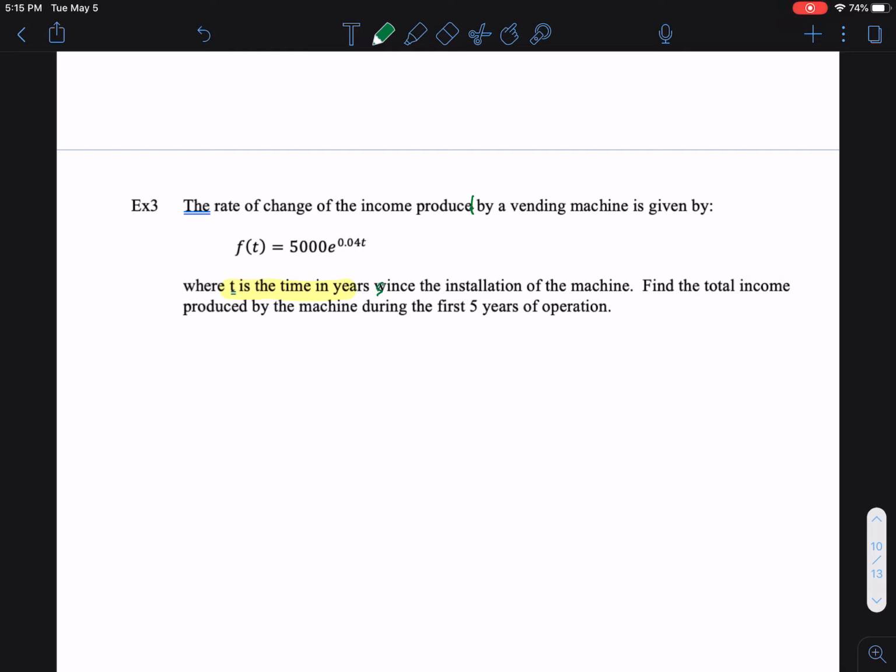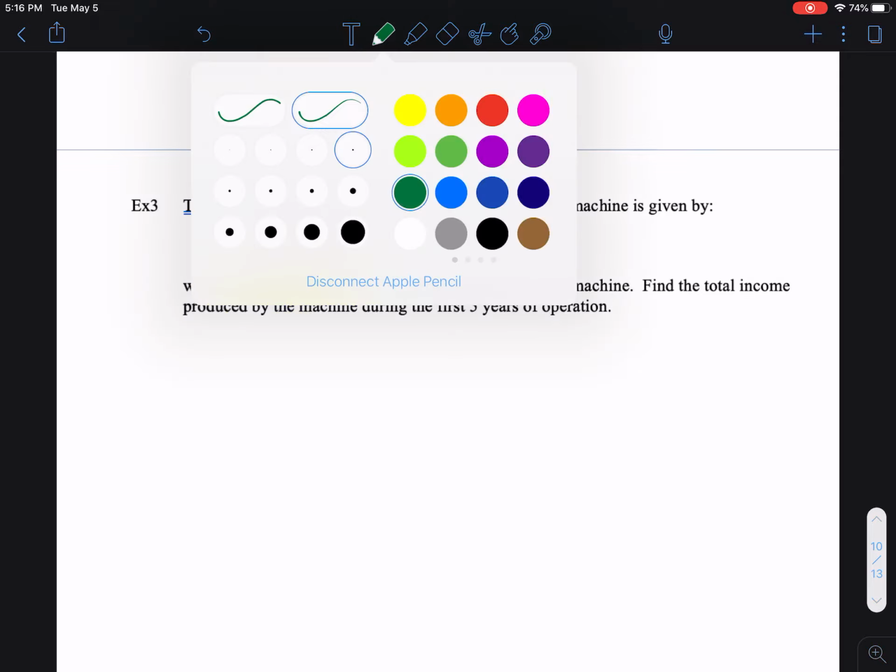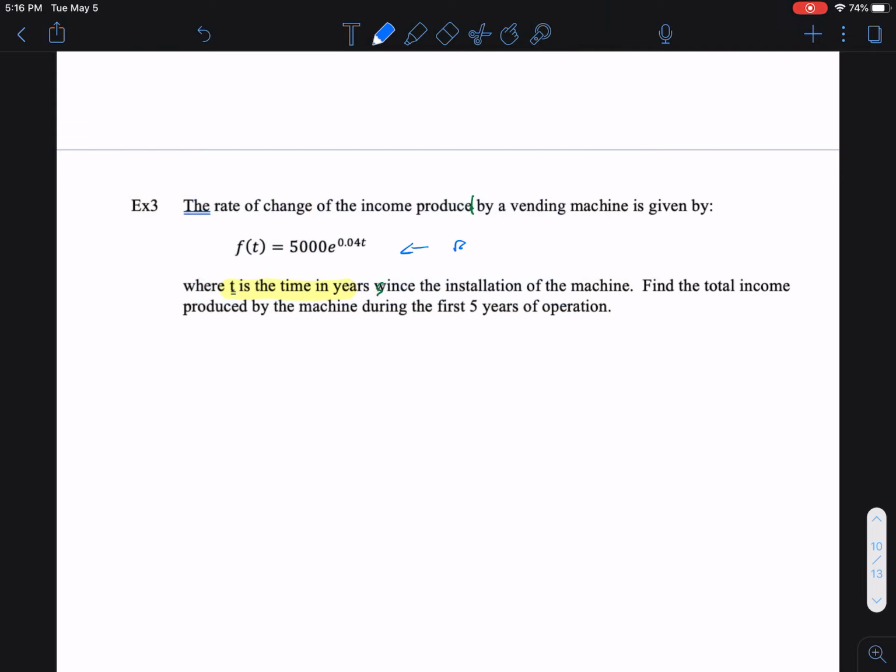That could just be based on the inventory count, or the amount of money that we count at the end of each year, and just estimate the rate from there. That can easily be done. So we have the rate of change function, and that's called f of t. So this is the flow. This is the rate of flow here. Usually this describes the income stream. So this is the continuous income stream